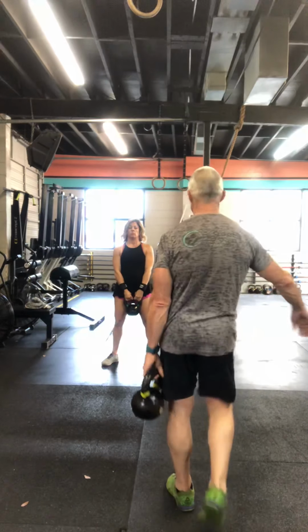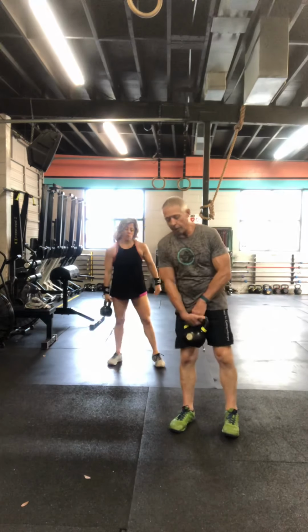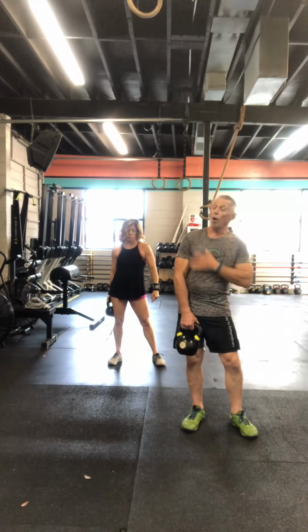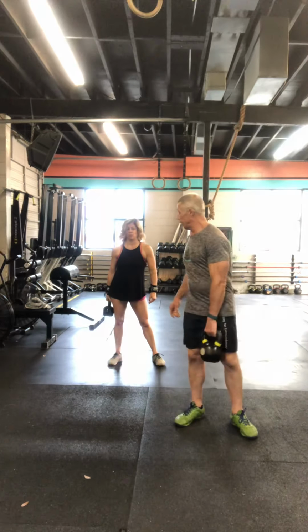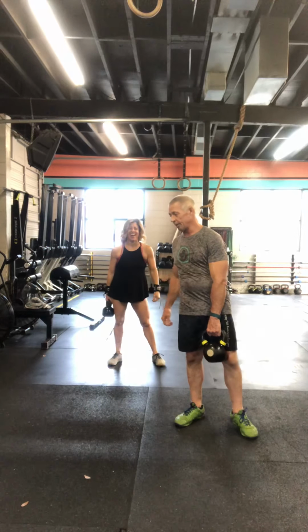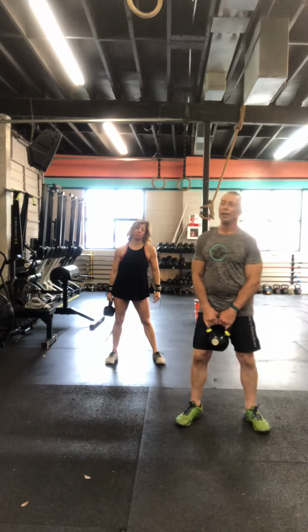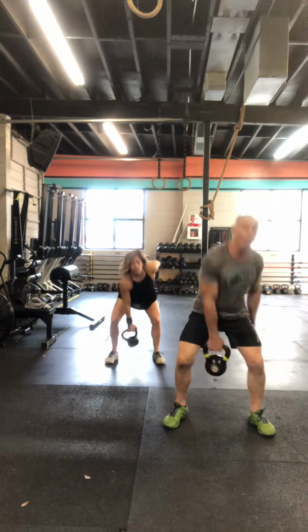Next up, snatches. We all know how to do snatches, or we should. Remember to twist. Don't let the kettlebell flop on the back of your arm. Again, you can do all of them on one side, or you can switch every time. I'll switch it every time. You can do all on one side. I like to switch every time. 10 each arm? Yes, 10 each arm. Okay, here we go. 1,